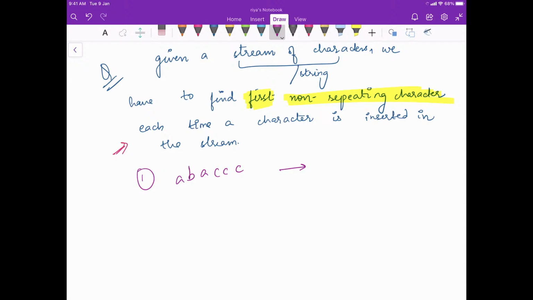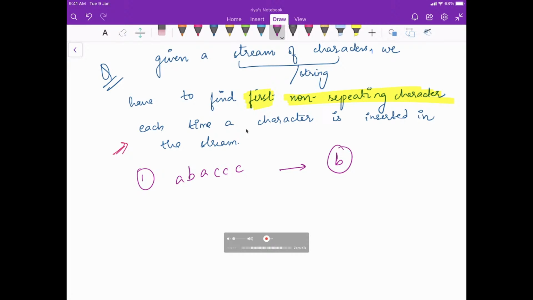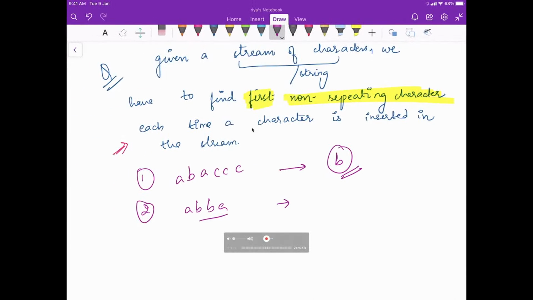First non-repeating character B है ना, पहला सिर्फ एक कैरेक्टर बताना है. In the second case it will be A B B A. इसका आंसर क्या होगा? -1, because there is no character which is unique, है ना. This is the question. Now try to see how will you solve this question. If there's any doubt about the question, just make sure you ask it.